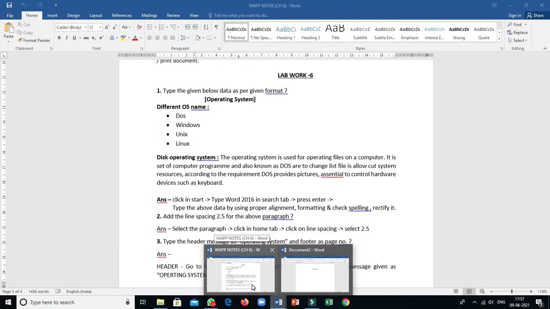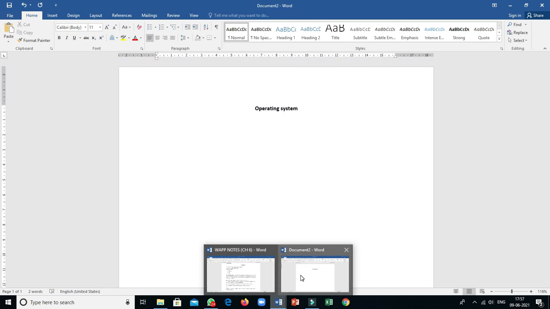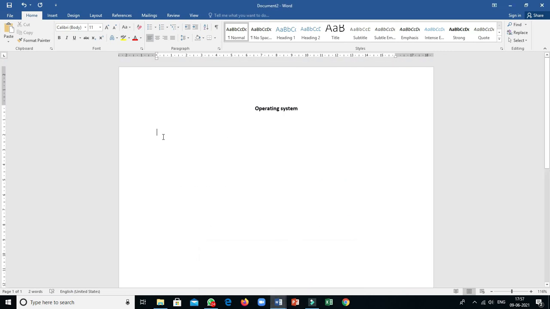Next it asks for different OS names: DOS, Windows, Unix, Linux, to be typed in bullets. Select this and click on bullets and numbering.